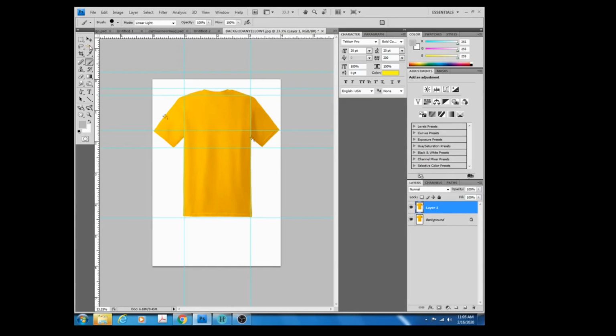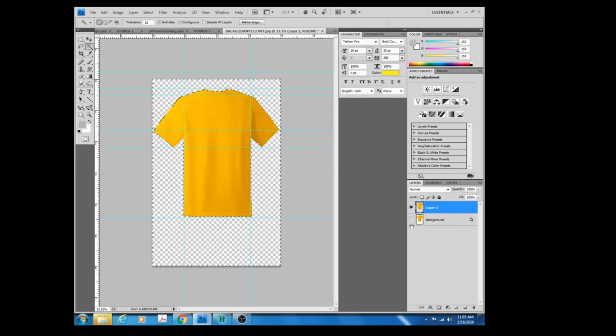and what I tend to do is I use my magic wand, which is right here. Then I just click on the white area. In the white area, everything but the shirt is selected. Then I'm just going to select delete. Doesn't look like it did anything quite yet, but if I turn off the background, as you can see, it just leaves the shirt. Alright, so then what I'm going to do next is press Control D, and that will